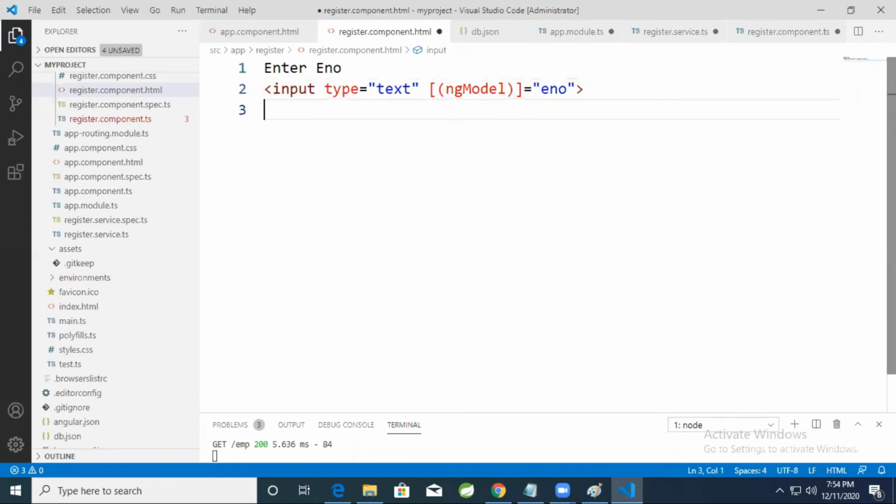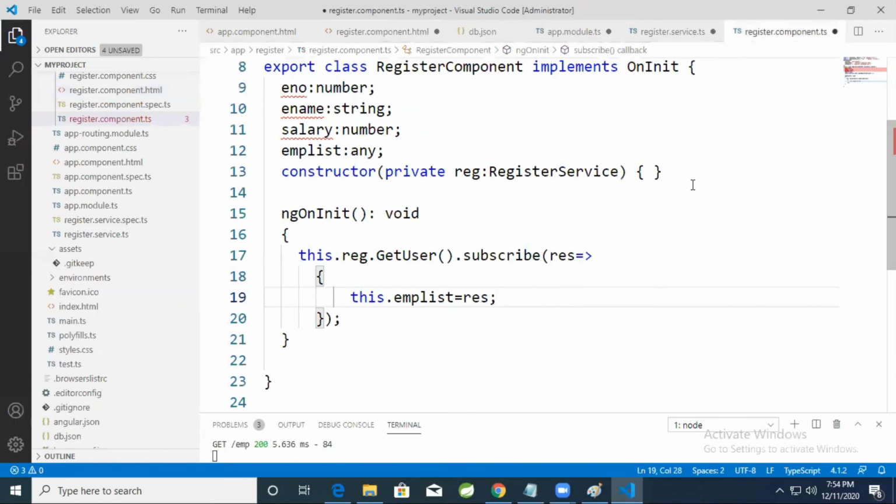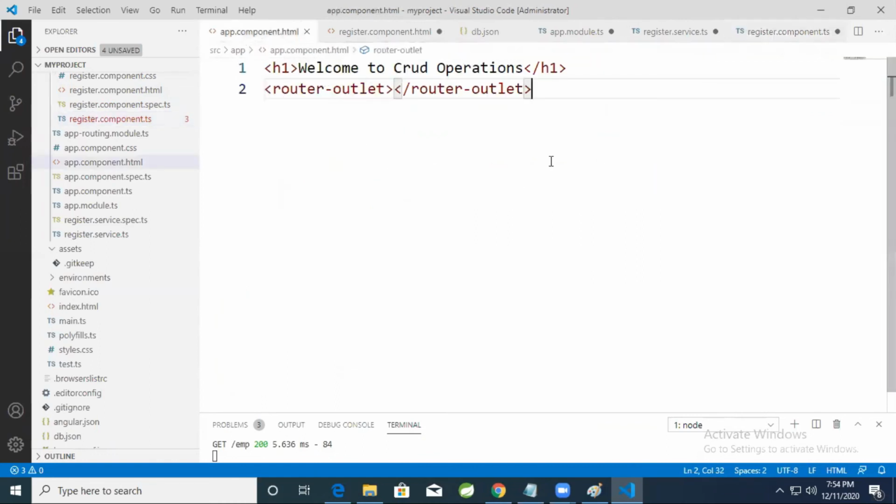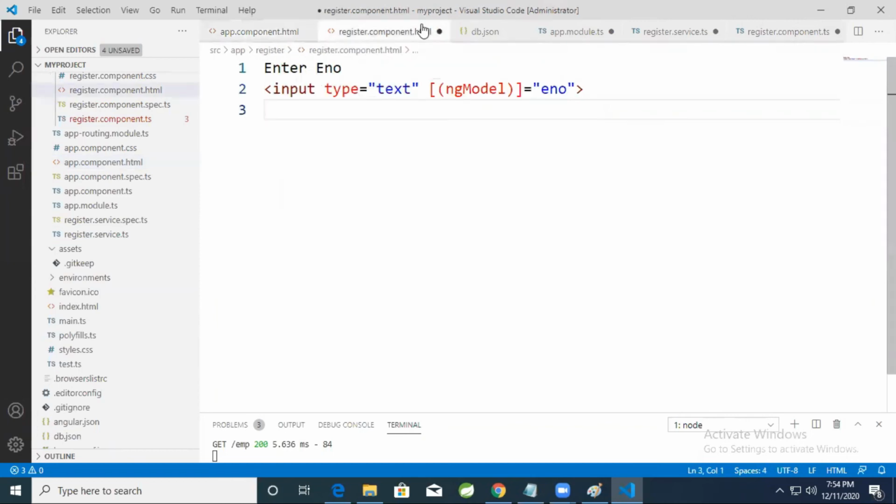Enumber. Yes or no? Whatever the variable name you have given in component.ts, the same variable name you can give here also, enumber. Are you following? Here you can go to register.component.html.